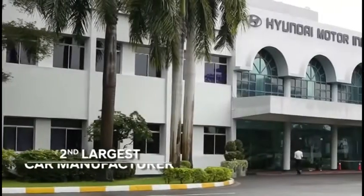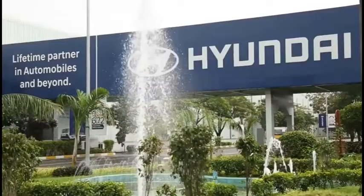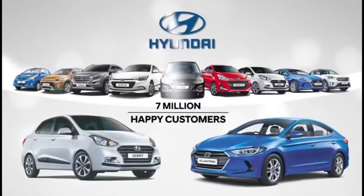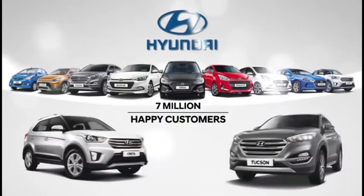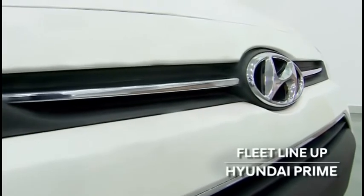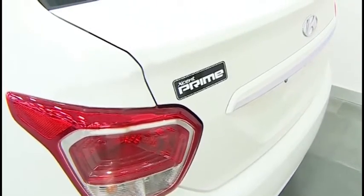Hyundai is the second largest car manufacturer in India with more than 7 million happy customers. Hyundai offers a wide range of vehicles from the compact hatchback to a premium SUV. Hyundai also has a dedicated fleet lineup, Hyundai Prime, to cater to the commercial segment